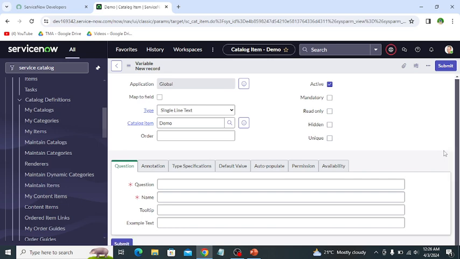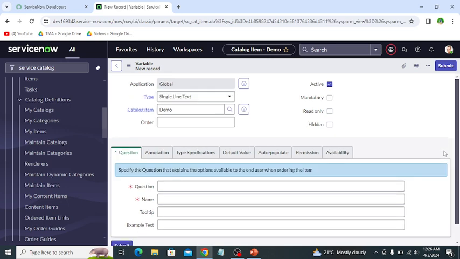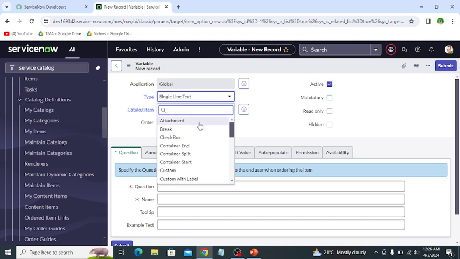Basically, a variable allows you to specify questions for the catalog item. There are several types of service catalog variables, like attachment, break, checkbox, container split, container start, custom, date, duration, email, HTML, and different types of variables are available.